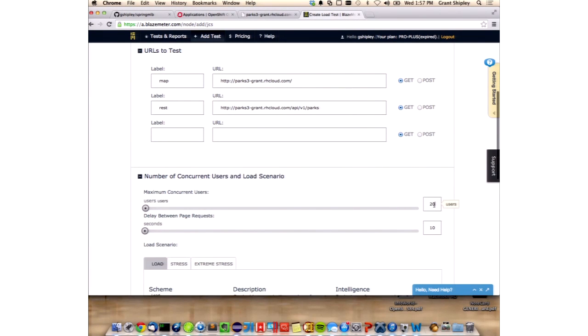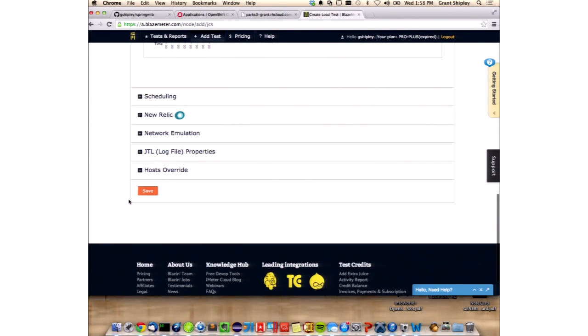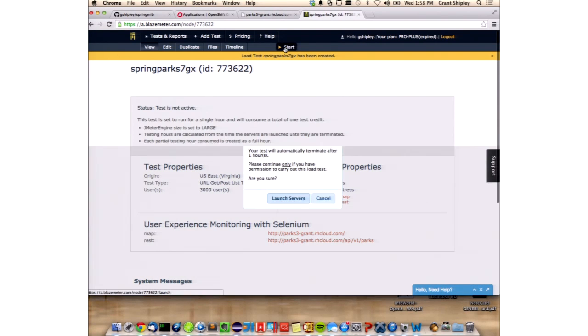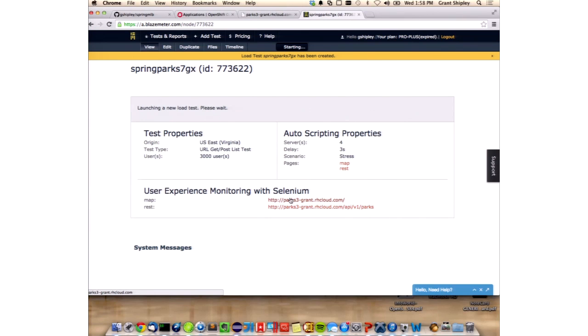And let's do 3,000 concurrent users. We're going to do a request every 3 seconds per user. Stress, and let's save this. And then let's start the test. Launch servers. So this is going to spin up, it looks like 4 Amazon servers to run my load test